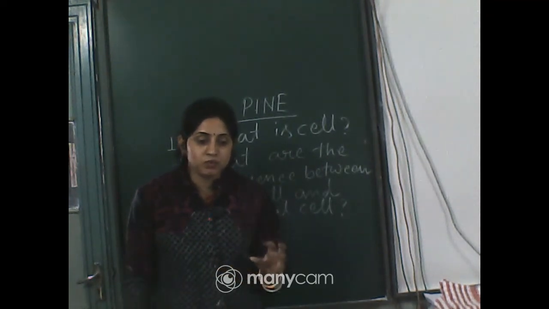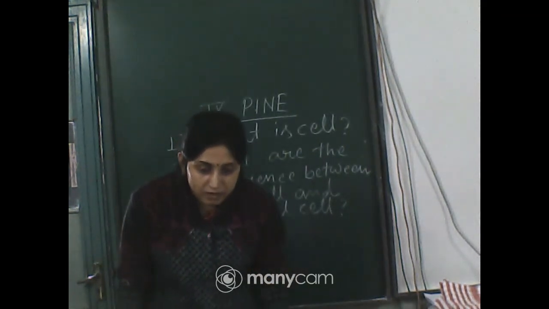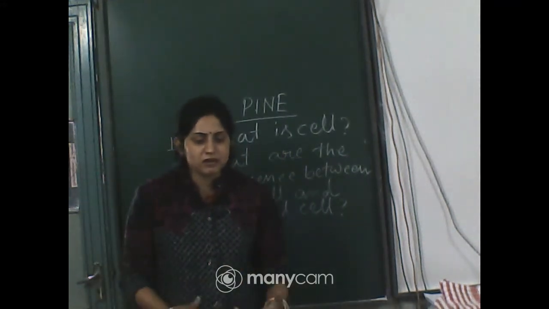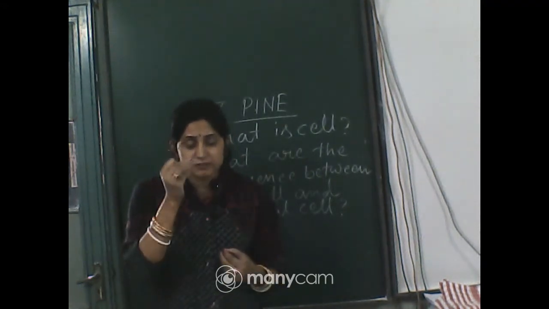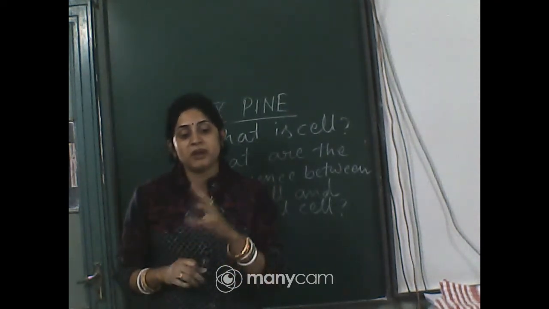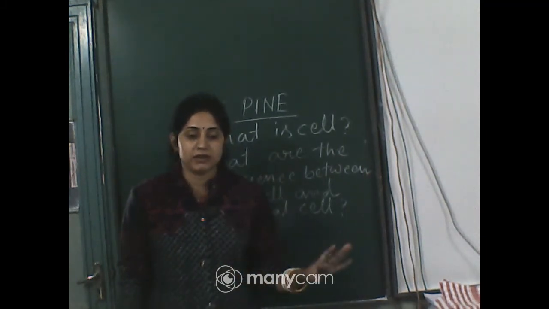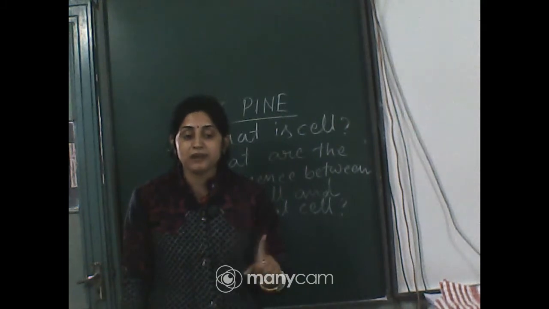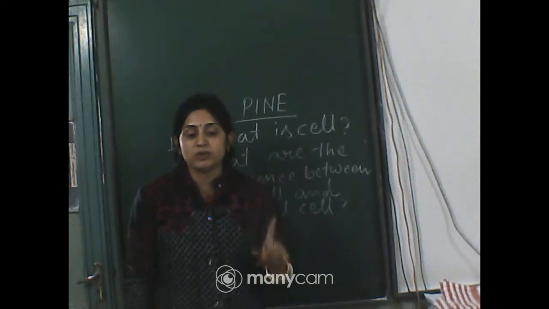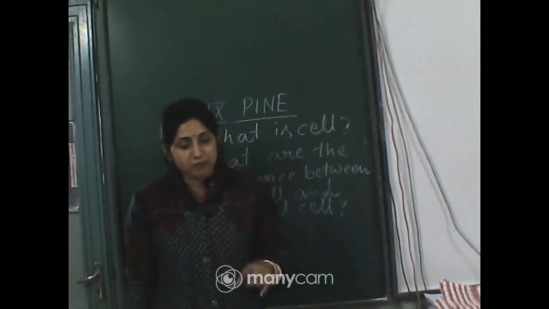Because methylene blue, the stain, cannot stain the lysosome, mitochondria, this type of organelle. No, the cell organelles are small. Micro means you cannot see with the naked eye; you can see things of micrometer size under the microscope. Methylene blue never stains all the cell organelles. Lysosome and mitochondria are never stained by methylene blue. So that's why you can never see the lysosome and mitochondria in temporary mounting. In permanent mounting you can see them, okay?